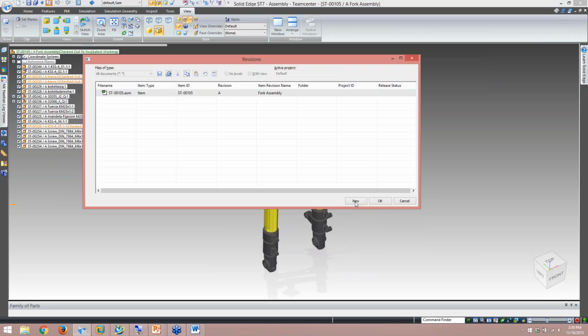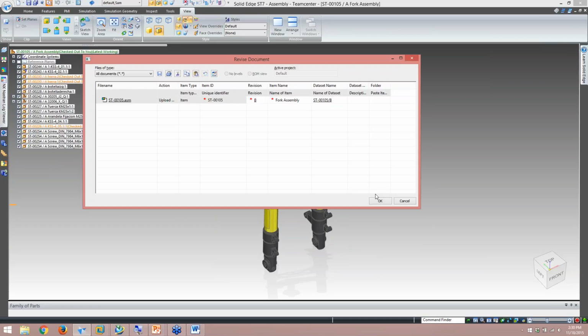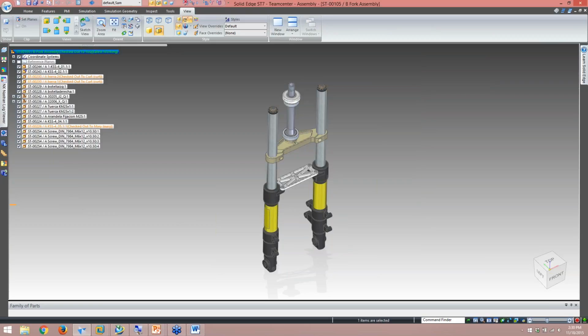So if I wanted to create a new revision of the assembly, I can revise the entire assembly from my integration. You could see it change right over here. I went from item revision A to item revision B. What's happening inside Teamcenter? Teamcenter is copying that structure, making myself a new item revision, copying over the necessary data. And I'll show you that here in a sec.